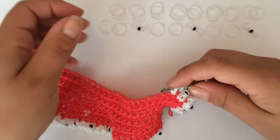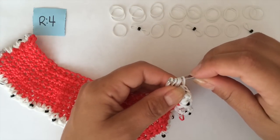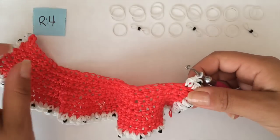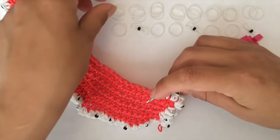I'm thinking we made 2 extra bands. At this point, I'm not entirely sure, bands with the beads. So if we did, I'm sorry, the next chain,